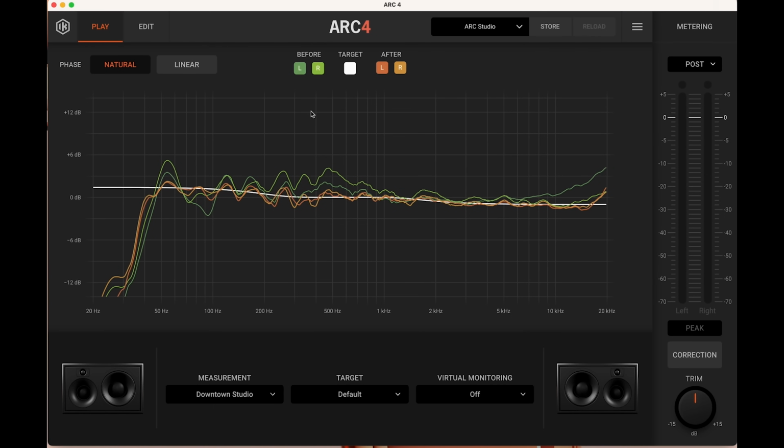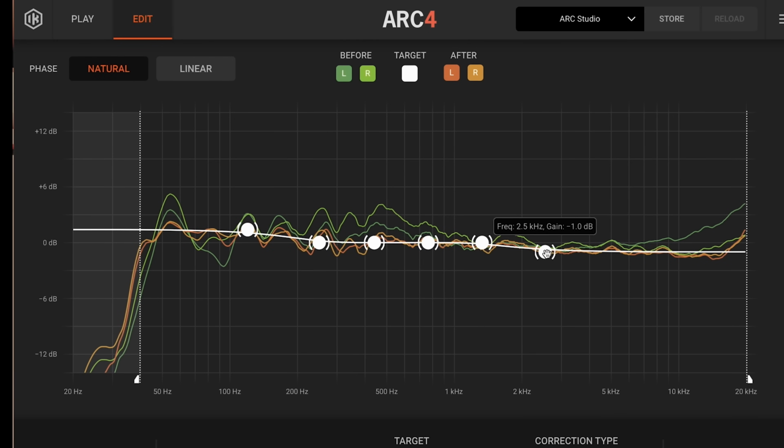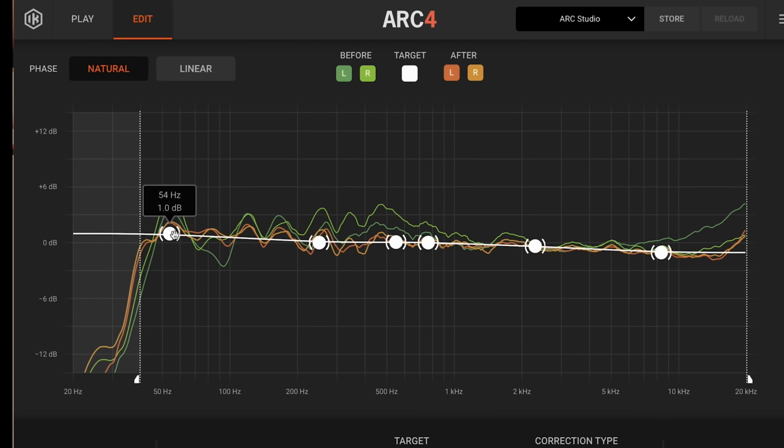So let's do this. Let's go into the edit mode up here and let's play with these as we choose, if we want to choose here. And you can see where right here is our biggest issue. I think you have to drag these points fairly tight if you want to. Yeah, you can see it's